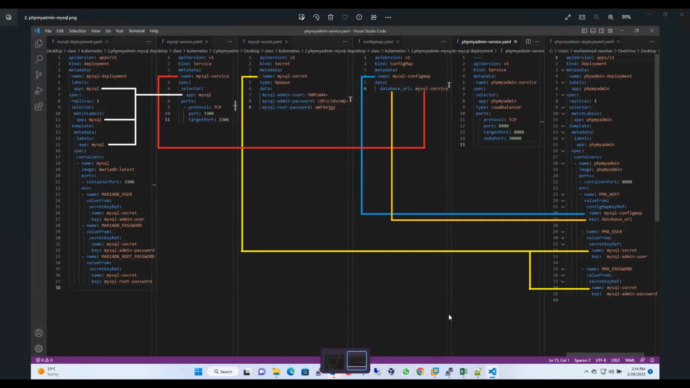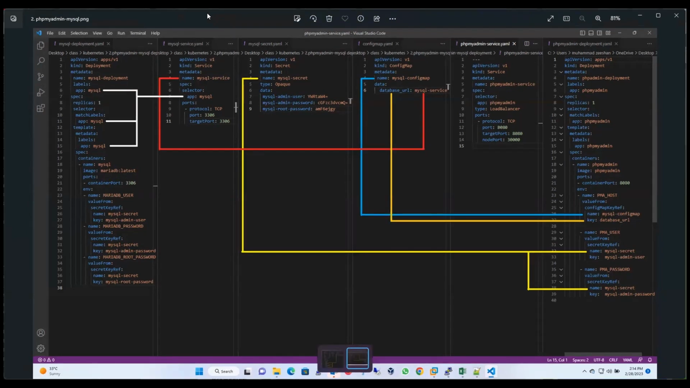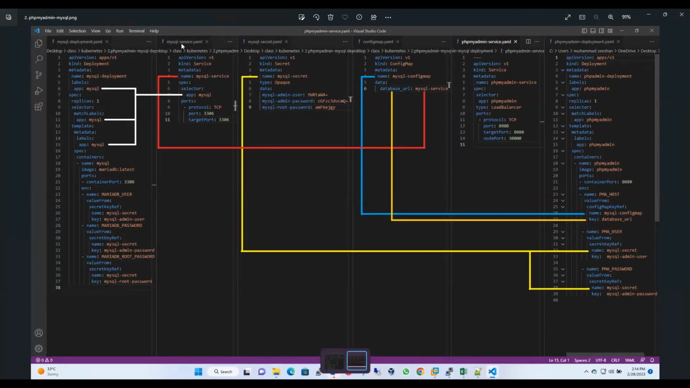This is the second image in which we will be doing the MySQL. MySQL deployment, MySQL service, MySQL secret. Then we will be using config map, phpMyAdmin service, and phpMyAdmin deployment. And then it will further grow when we will add our Apache container, and then we have our Apache service and ingress for that Apache. So what I